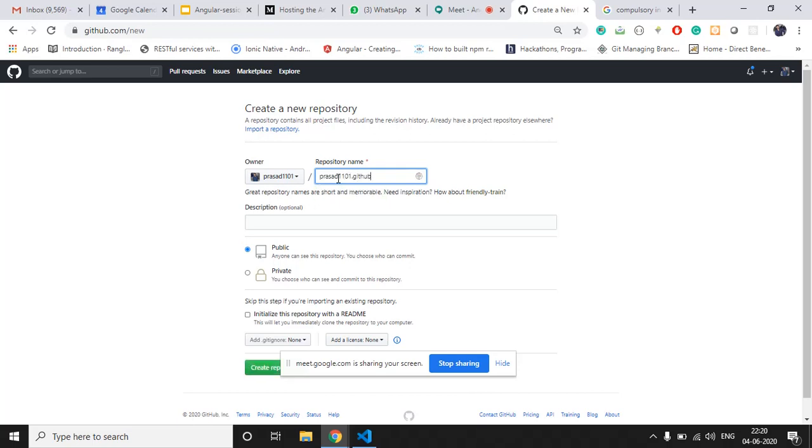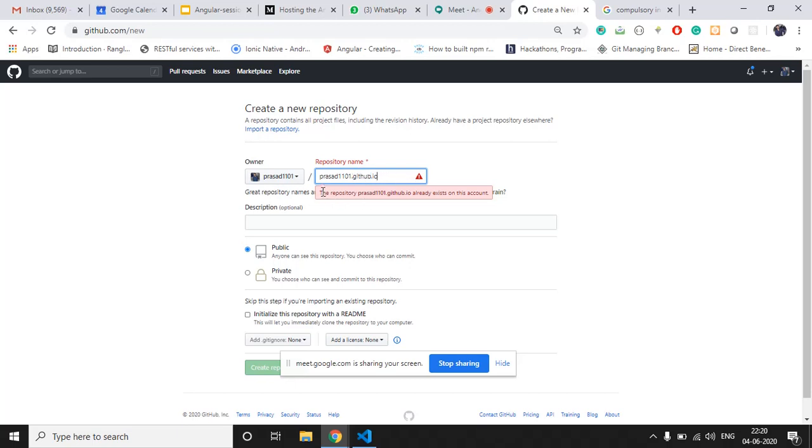You just have to append .github.io to your username.